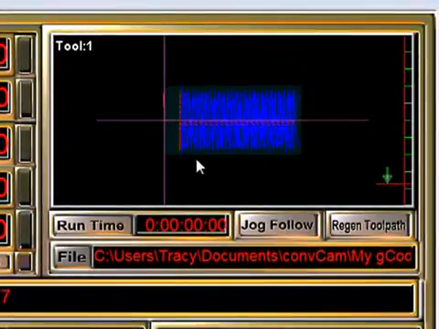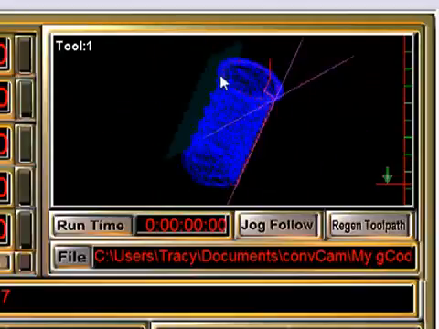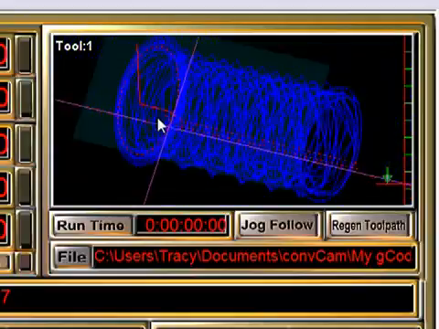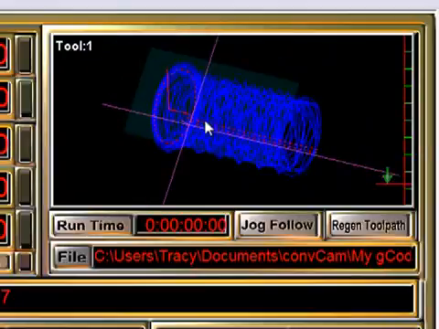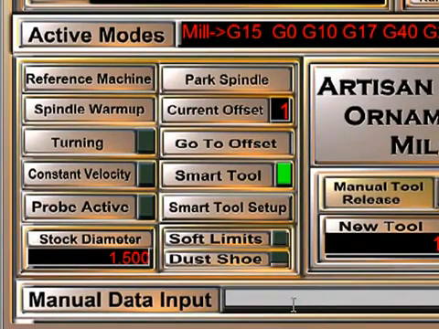To the right we have the toolpath window, and here we can look at the various toolpaths, scroll in and out and so on. The purple lines are positioning lines, and the blue lines are the toolpaths when you're cutting the part. Down here in the bottom left hand corner we have all of the controls to set up the machine. Let's run through these very quickly so you get an idea how easy this is to use.